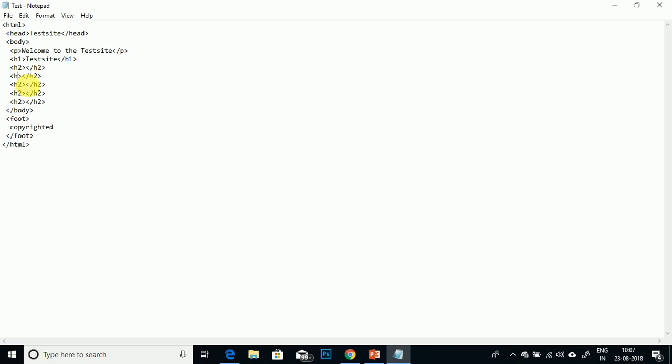This is heading 2, this would be heading 3, this is heading 4, this is heading 5, and this is 6.